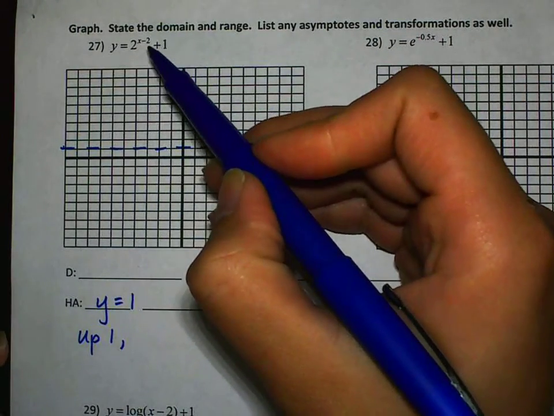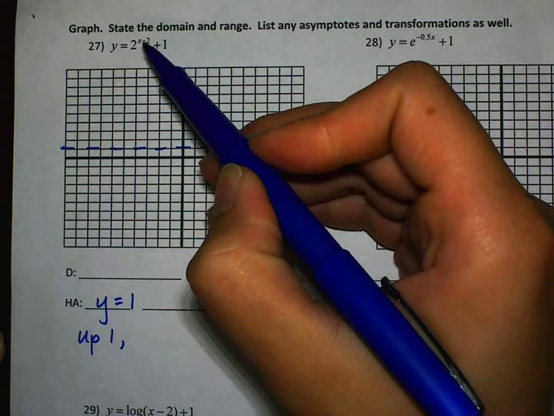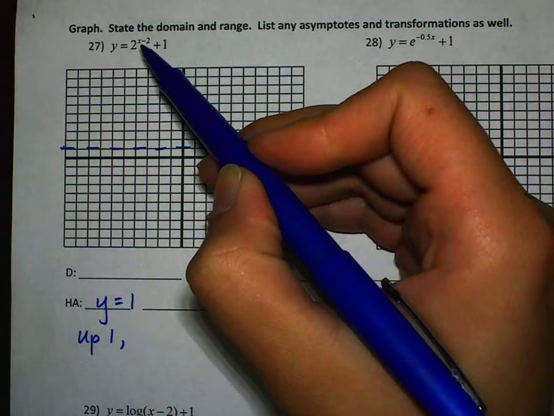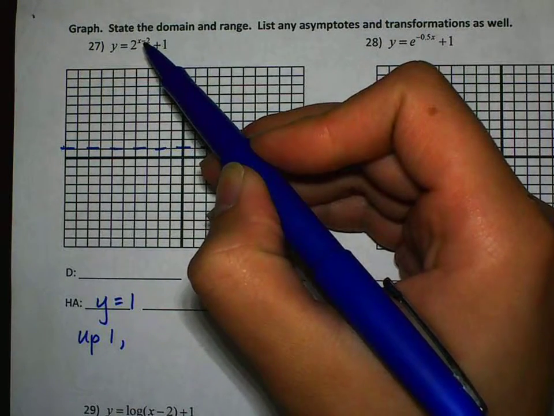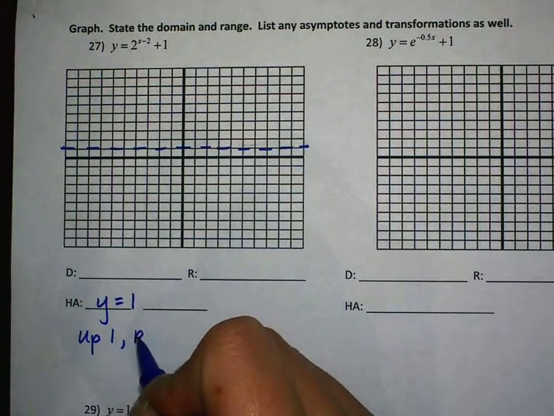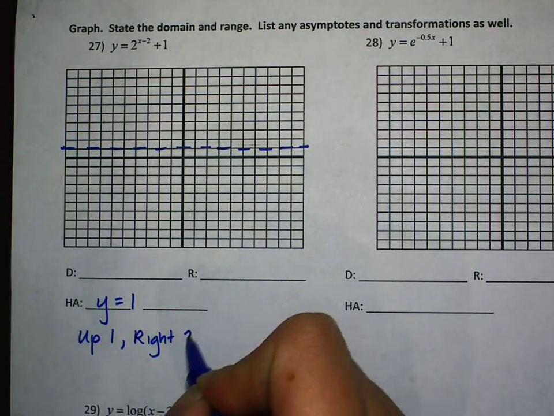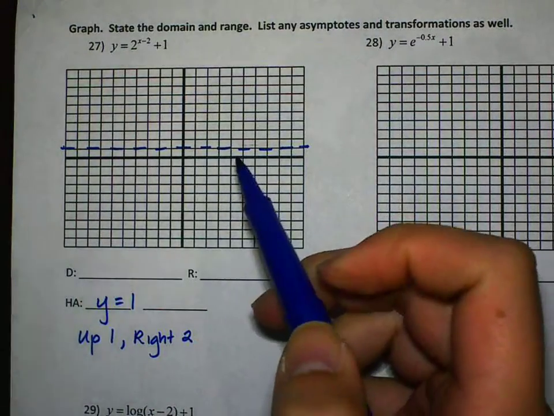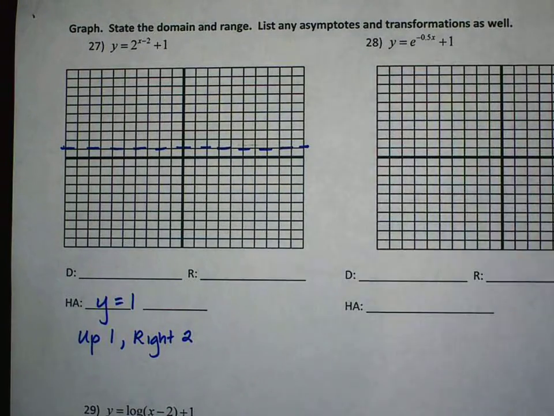This minus 2 is attached to the x. Okay, when anything is attached to the x, it's usually going to be left or right. Some spots, minus would be to the right, plus would be to the left, so this would be right 2. Now we're not going to use any parent functions or anything when we're graphing, so the nice thing is